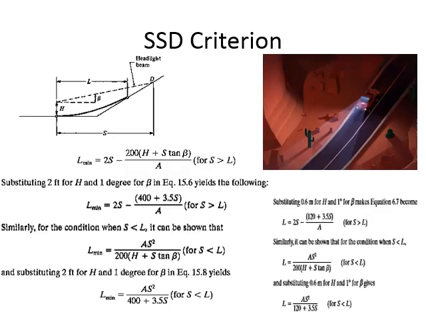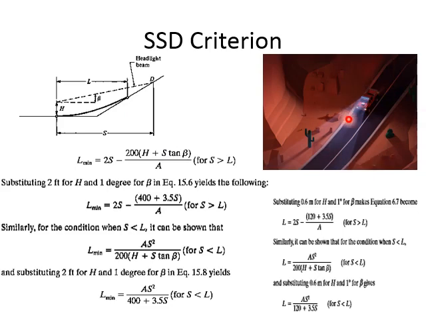So these are the equations for stopping sight distance criteria. Now before we go on to stopping sight distance criteria, you can see here in the image that when you are on a sag curve, you are coming from a higher elevation towards a lower elevation. That's the shape of the sag curve, right? So when you're coming like this, you are at a higher elevation, so your sight distance usually is not a problem unless you are driving in night conditions. You see here in this picture, we are driving in night conditions.